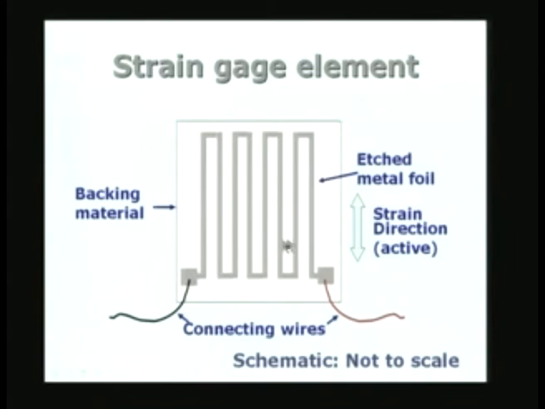and this is usually etched on the backing material, which may be a plastic, for example, and the resistance between these two ends, the resistance of this whole element, depends on the strain. In this case the active direction for this gauge is this particular direction. If this is subjected to a force in the direction shown here, then the resistance will change and you will be able to get a change in resistance which can be measured in terms of change in voltage. We will see that in the next lecture, of course.